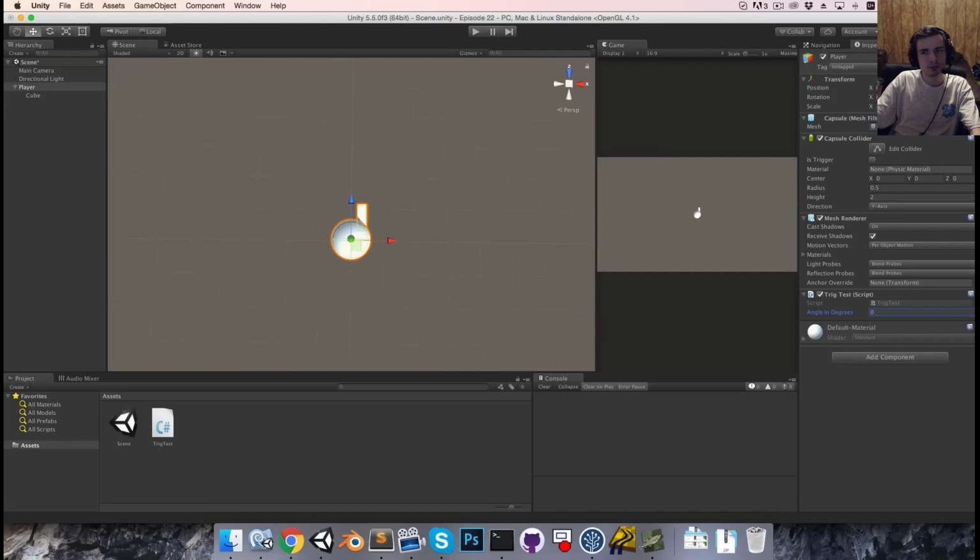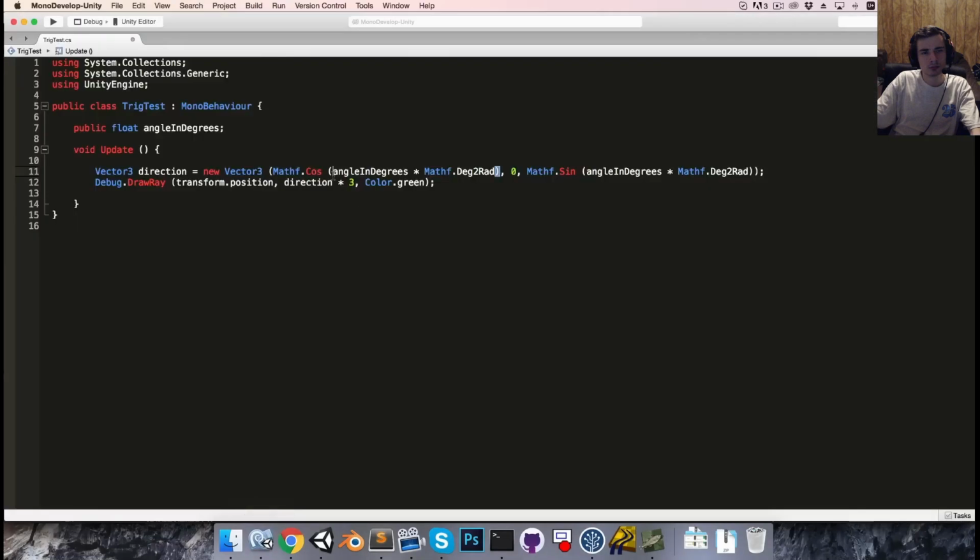Then we have to do that 90 minus theta conversion. So over here, before we multiply by degrees to radians, in brackets we have 90 minus angle in degrees, and same thing over here, 90 minus angle in degrees. If we save that now,